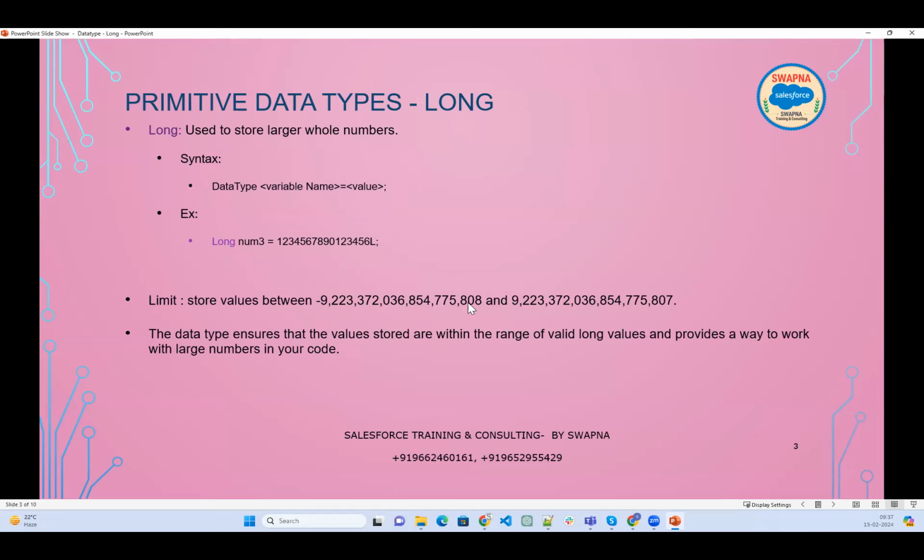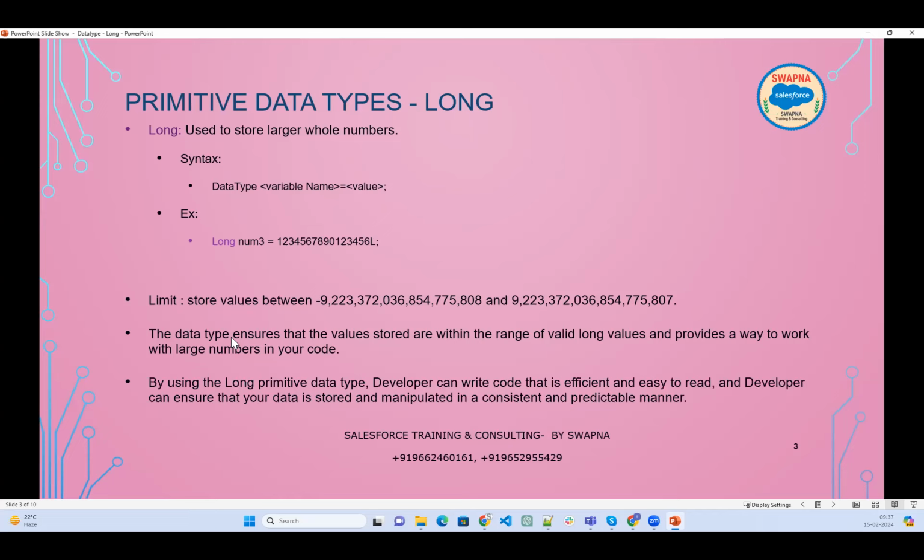If it is more than that range, it will try to fit it into the limit. So the developer will use long to store large numbers, but it is used very rarely in real time.